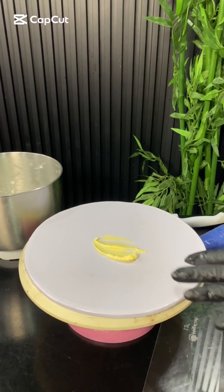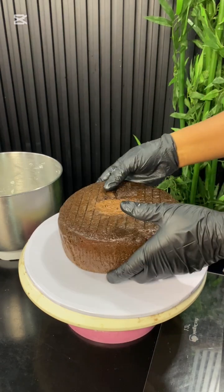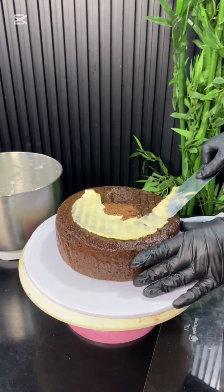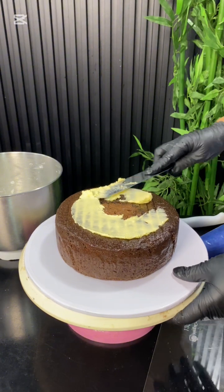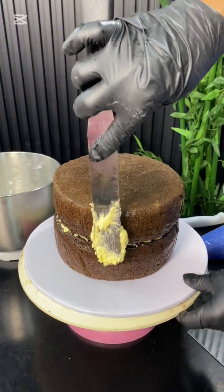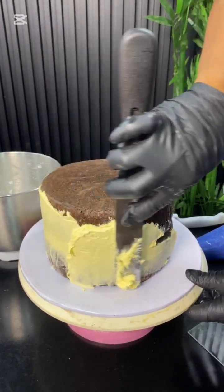Watch my mother make this beautiful and pretty cake. So hi guys, mommy here. Want to start decorating this 2 layers chocolate cake. So it's just a simple cake ordered by my client for her son's 1 year